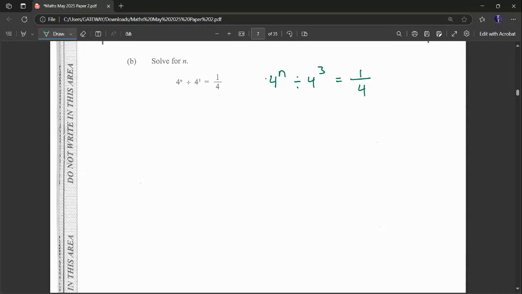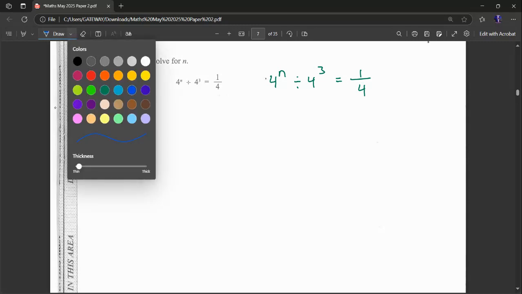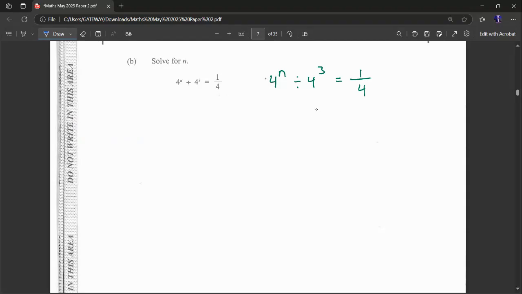So you need to know a couple of laws from the laws of indices. I'll write them down here. The laws that you need to know of indices. I think it's 5 to 6 you need to know for CXC maths, right? There's one or two more you need to know for additional maths, but for maths, I'll just write any ones that you need to know for this question alone, not writing out all. So the first one